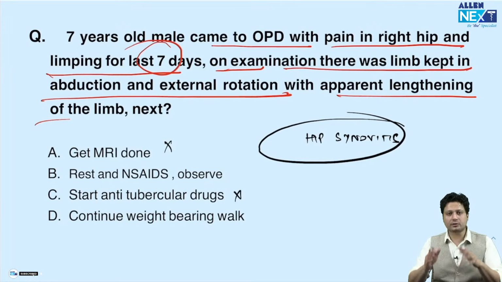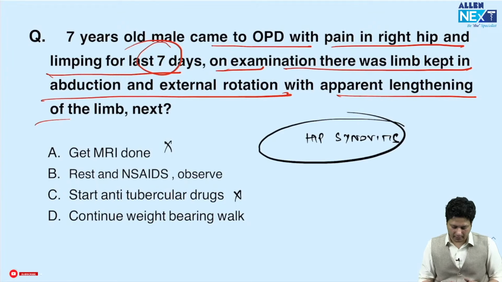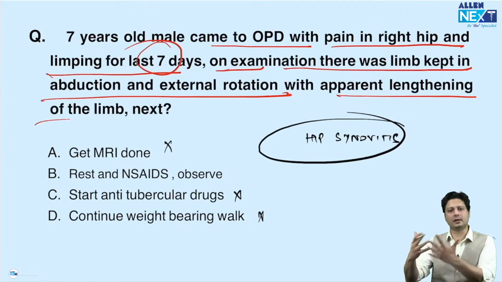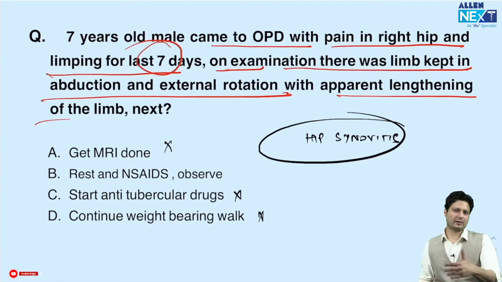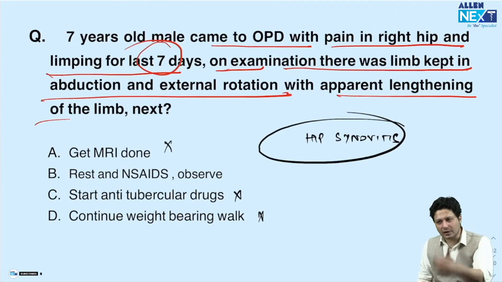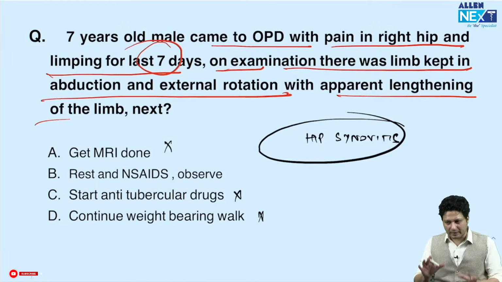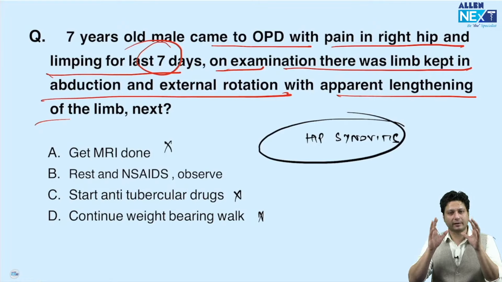Start anti-tubercular drugs. At this point of time, you are not aware that the patient could be suffering from tuberculosis. So wait for some duration. Get him properly investigated. Now continue weight bearing walk. If you ask the patient to walk continuously, then this stage of synovitis is extremely painful and it might result